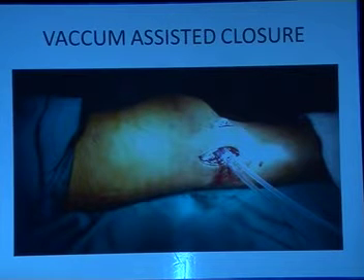These are the pictures showing it. After a thorough debridement, we inserted a suction tube into the wound. Then the sponge, already autoclaved and cut to the size of the wound, is applied and covered with adhesive plaster, so you can make a tight compartment, and the tube is connected to the drain.